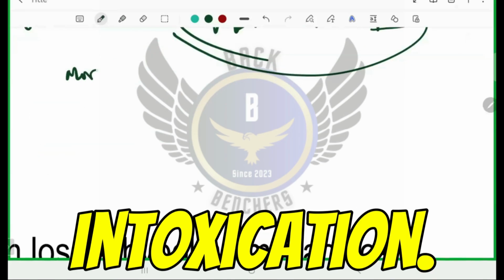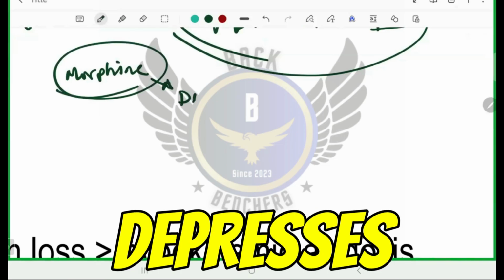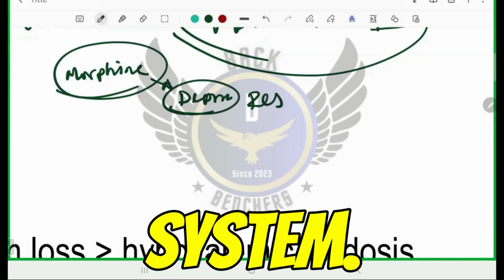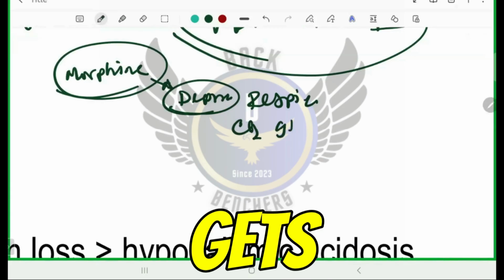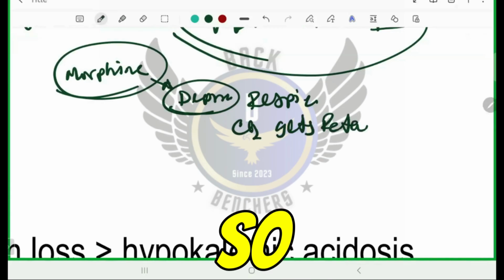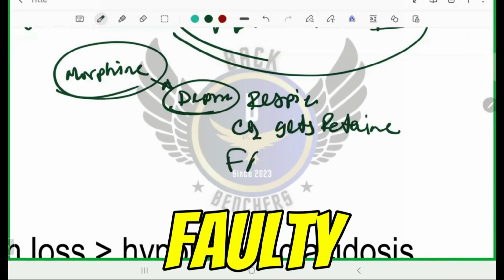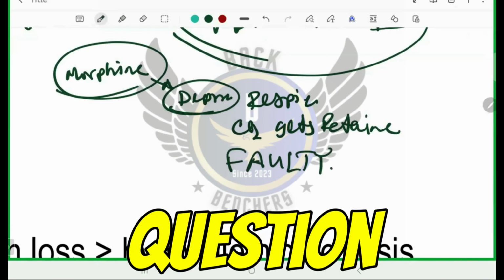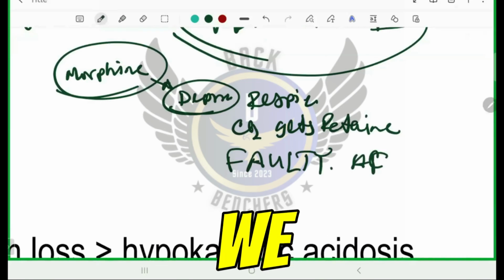Remember, morphine intoxication. Morphine depresses your respiratory system, so carbon dioxide gets retained. So you get a faulty ABG picture, and this question counts in your exam, and we have this question